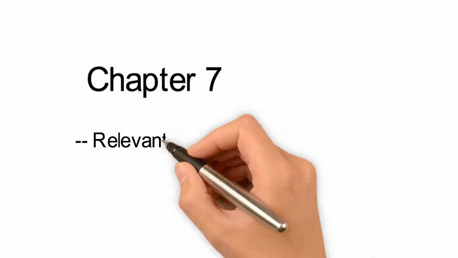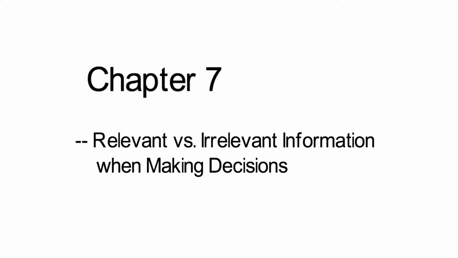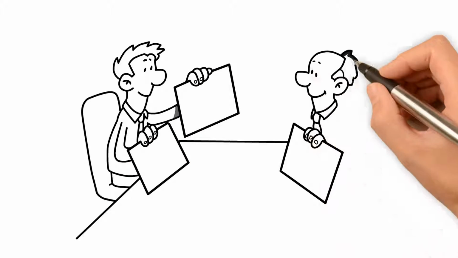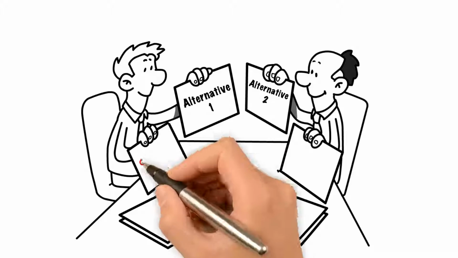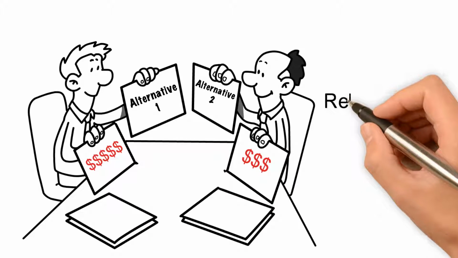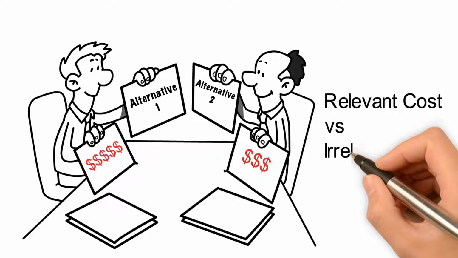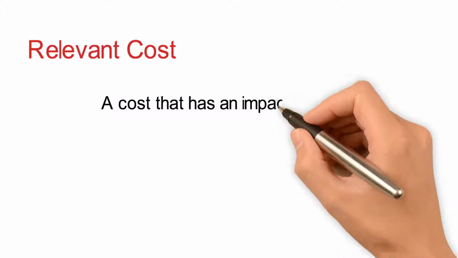In this video, we will show you how to differentiate between two costs, as explained in Chapter 7 of the Managerial Accounting textbook. Part of the decision-making process includes comparing two alternatives and deciding which one to choose by comparing their costs. In order to make that decision, you need to determine which costs are relevant and which costs are irrelevant. To start off, a relevant cost is defined as a cost that has an impact on making a choice